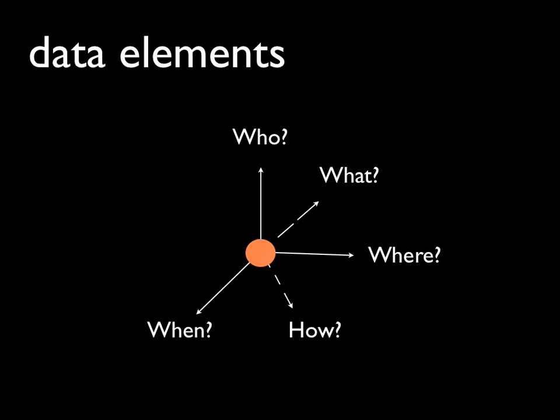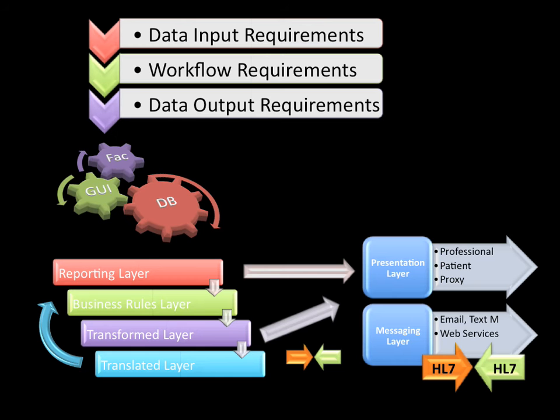So when we talk about technology, data elements have multiple parts to them. You want to know who's giving data, what data are they giving, where are they giving it, how are they giving it? Is it over snail mail? Is it email? Is it text mail? And then in what order are they giving these data elements?